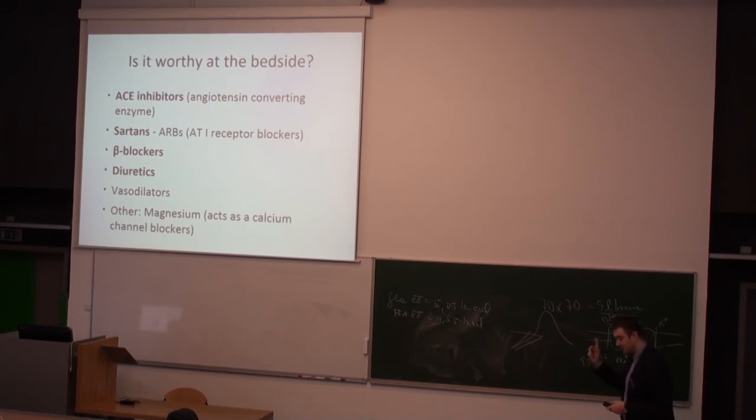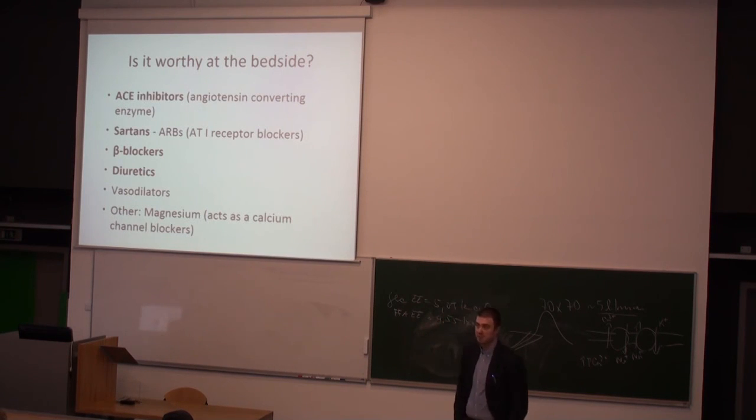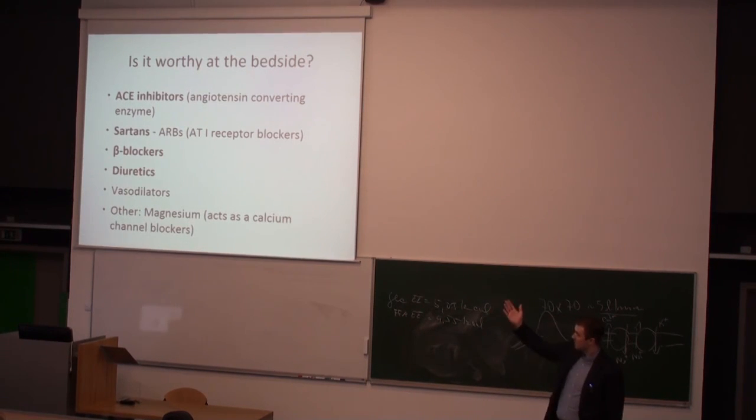And here the last, you see drugs that you will routinely see to treat blood pressure, that means hypertension. In the first place, ACE inhibitors and sartans. Both these compounds block the renin-angiotensin-aldosterone system. Each of them does it at a different level. Each of them are very effective drugs.